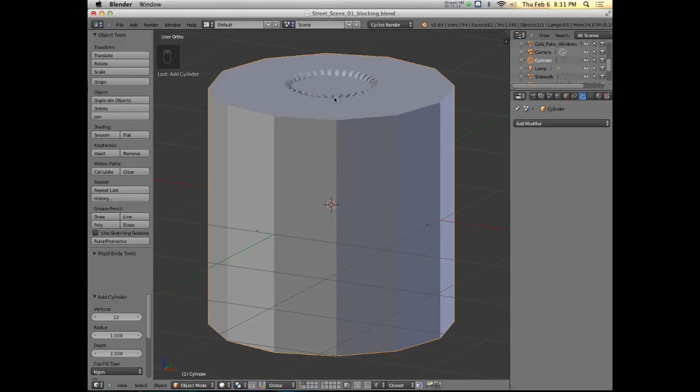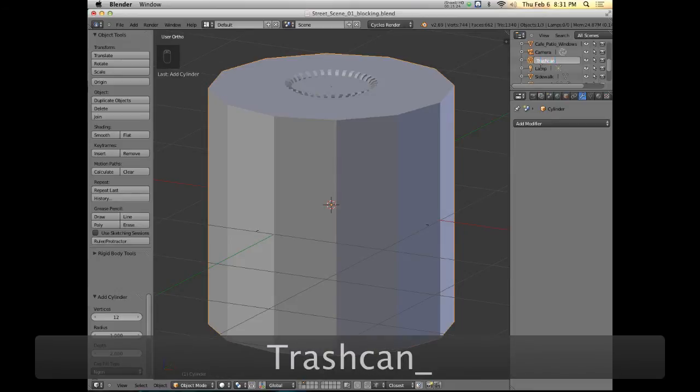Now I added this as its own object, and that's because if I added it in the same object as the rest of it, then the array would be applied to that as well, and things would get really messy. So I don't want to do that. I do, however, want to name this, and I'll name this trashcan underscore bands,